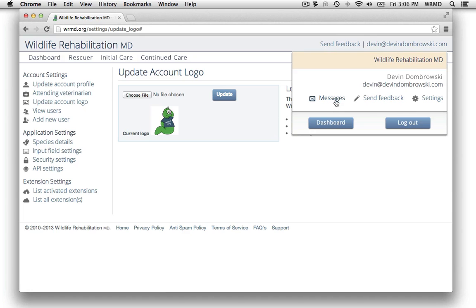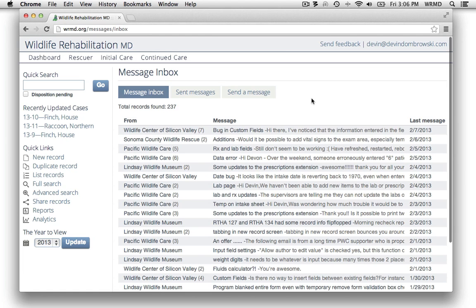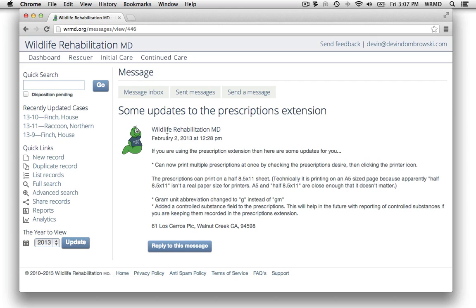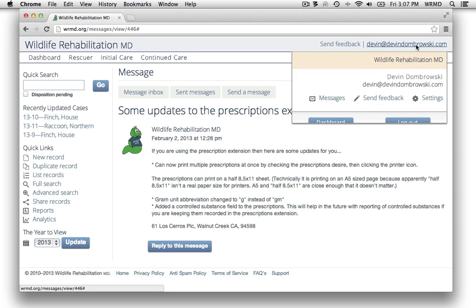So if I divert very quickly and go to messages, you can see here are a list of all the messages that I have received, or all the messages that I have sent. You can see that here is where the logo actually appears. And if there were replies to this message, the logo for the account that replied back would show up beside them. So going back to our settings area,